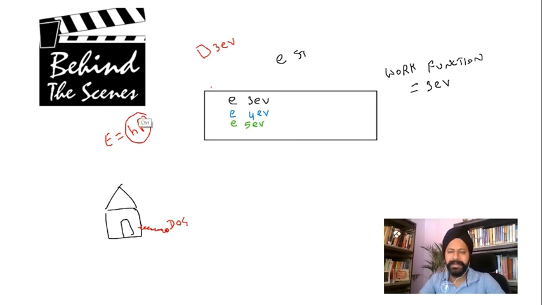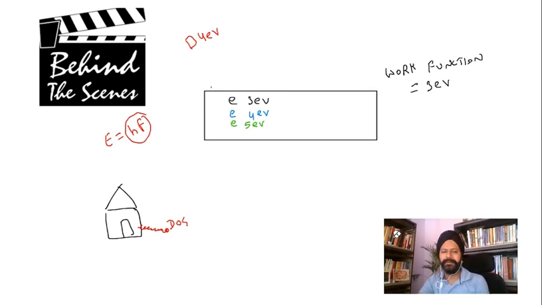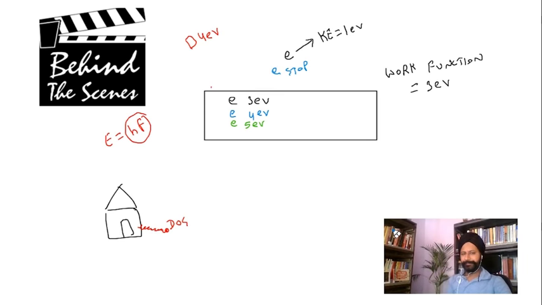It becomes free and it stops here. But then let's say I have another photon, and that photon was, let's say, 4 electron volts. So what will happen in this case? With 4 electron volts, the black electron comes out, becomes free, and also has kinetic energy of 1 electron volt because it has leftover energy now. The blue electron will also come out, but then it will stop. It will not have any energy there. Okay, let me do it one more time.